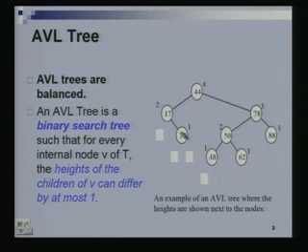Now what I have also written next to each node is the height of a node. Now what will we call the height of a node? We have not defined this term yet. We will just say the height of a node is the height of the subtree rooted at that node. So for instance, if I look at this node, this is the subtree rooted at this node. What is the subtree rooted at a node? It is just the set of descendants.